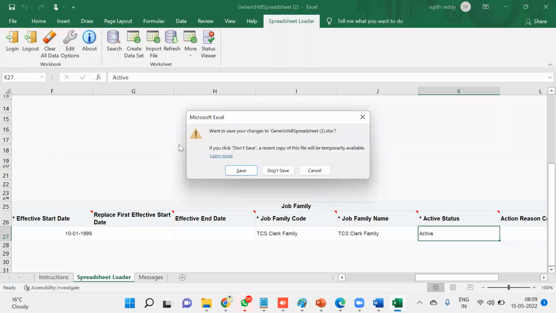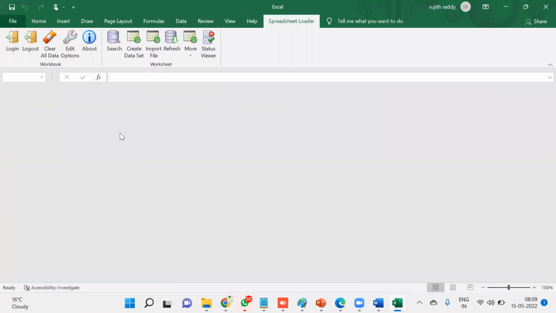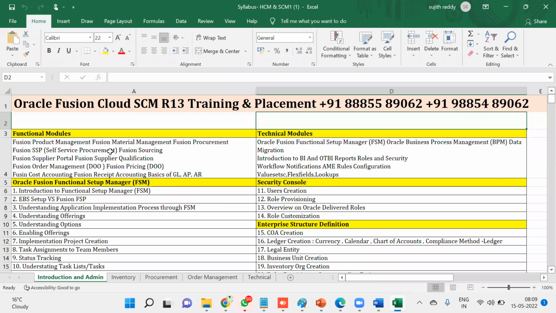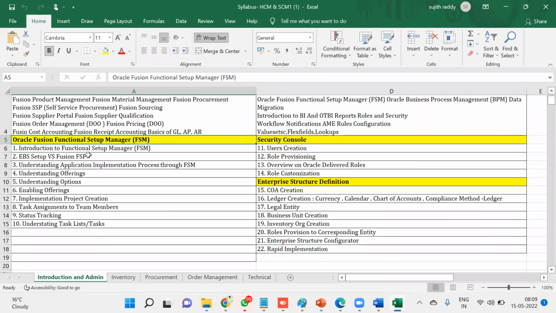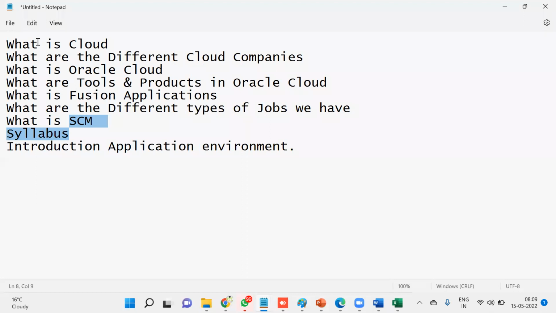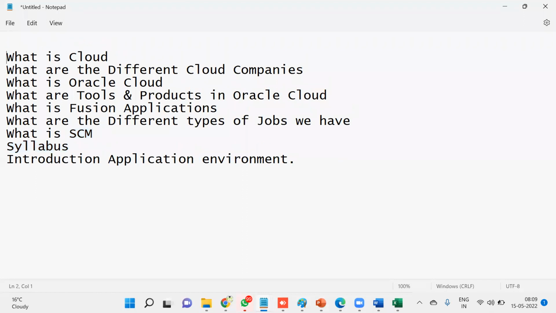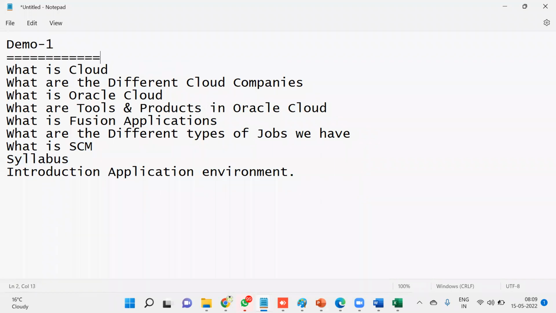So now we are going for today. Today we are going to talk about what is FSM, functional setup manager, and how to create our own username and password. This was our demo 1. In demo 2, I'm going to explain to you